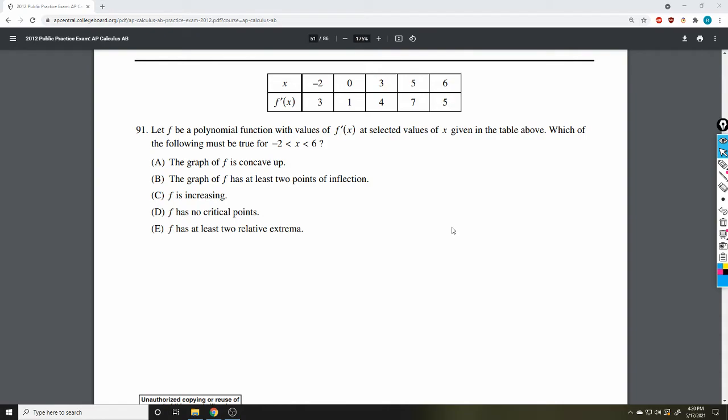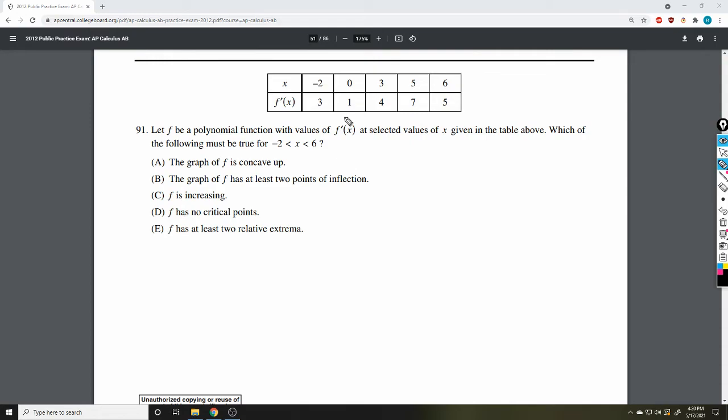All right. Which of the following must be true? Polynomial function means we're continuous and differentiable. From -2 to 6, what must be true? Graph of f is concave up. Well, that can't be true because